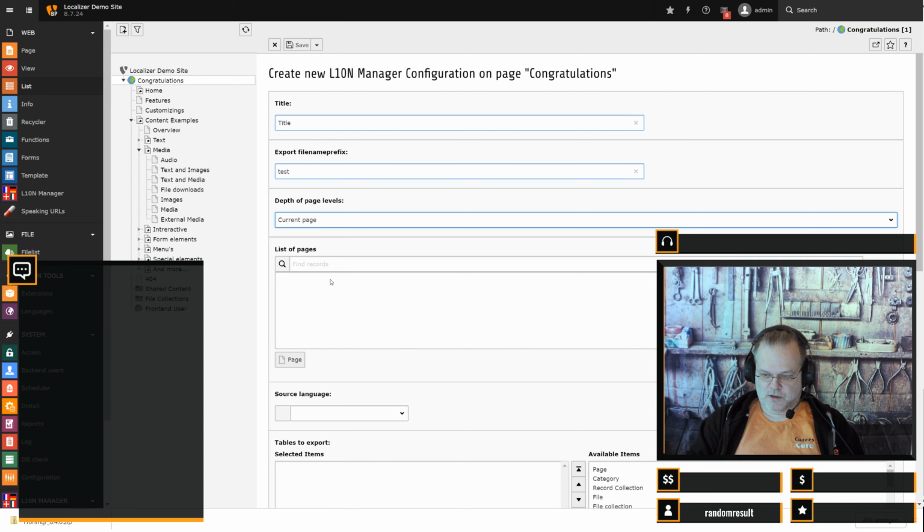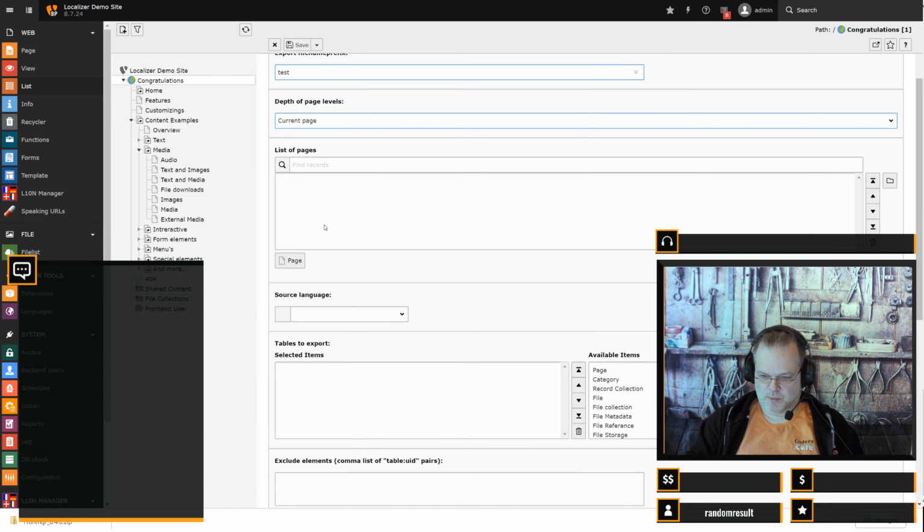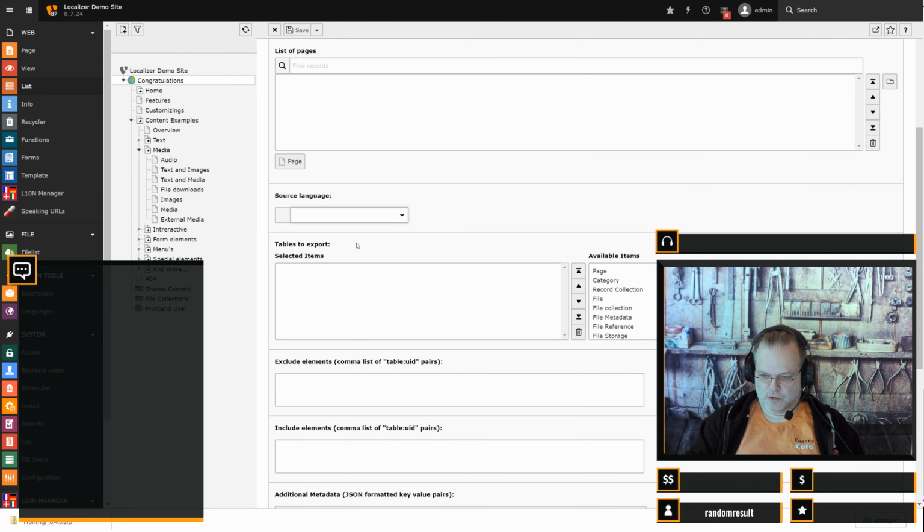So the next one would be a list of pages, so you can actually fill in pages and do something with especially these pages. Then you have to select the source language. You have to select the tables that you actually want to export. We can just do that now. So for example, we go here for English,